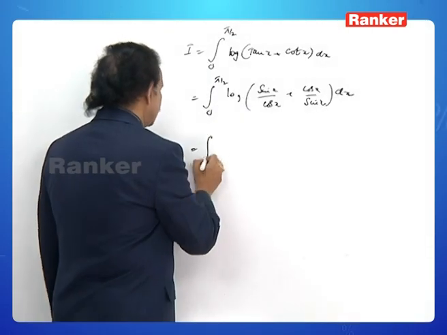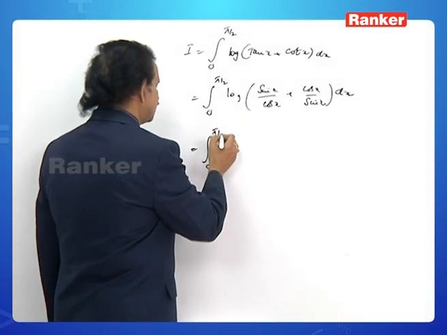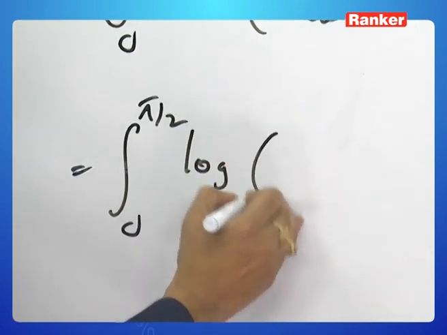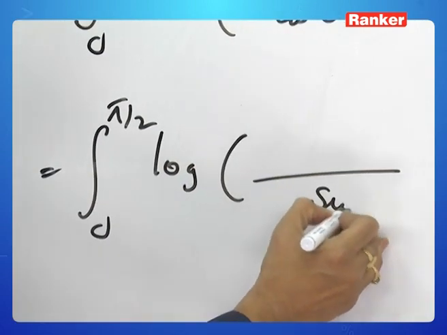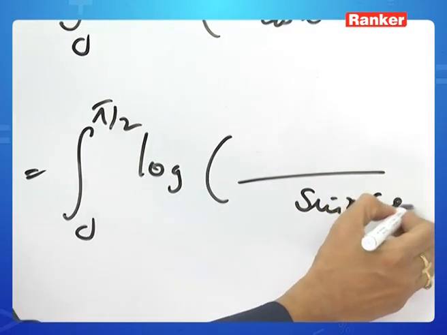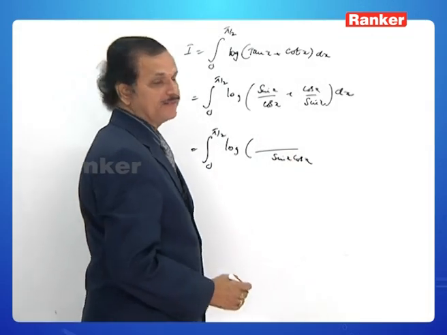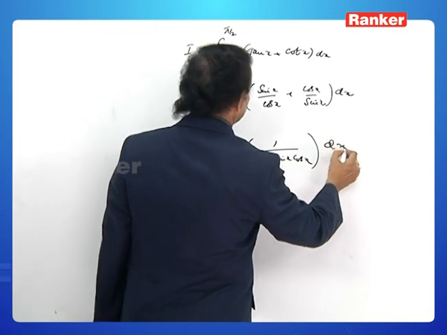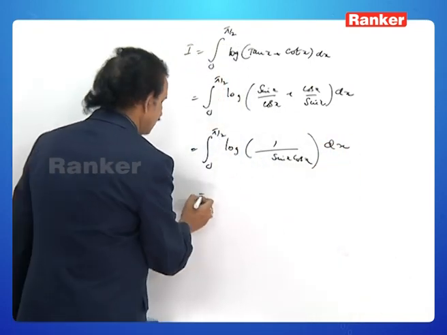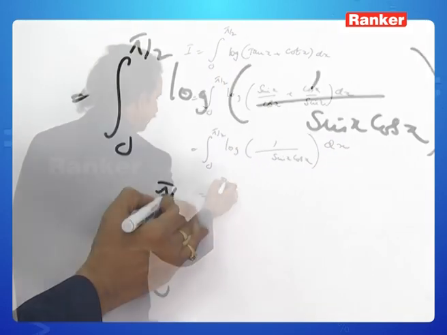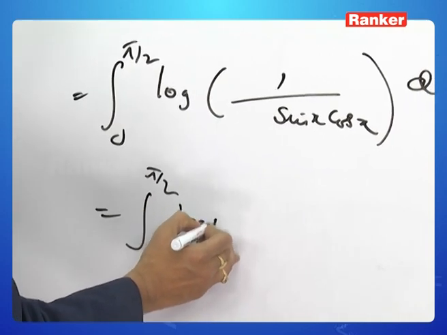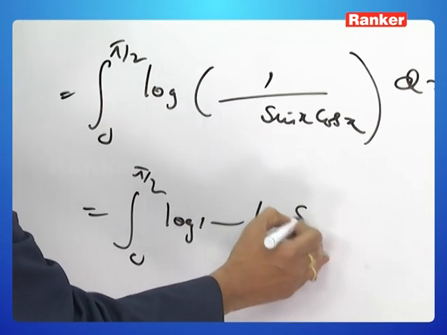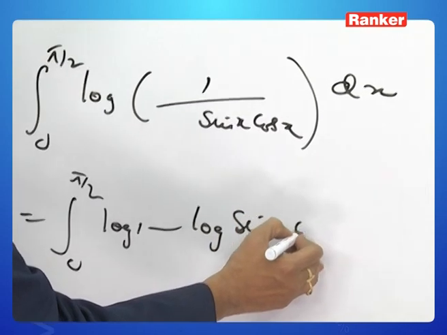So that again it is integral 0 to pi by 2 log of LCM is sin x cos x, and in the numerator it is sin square x plus cos square x is 1. Hence integral 0 to pi by 2 log 1 minus log sin x cos x